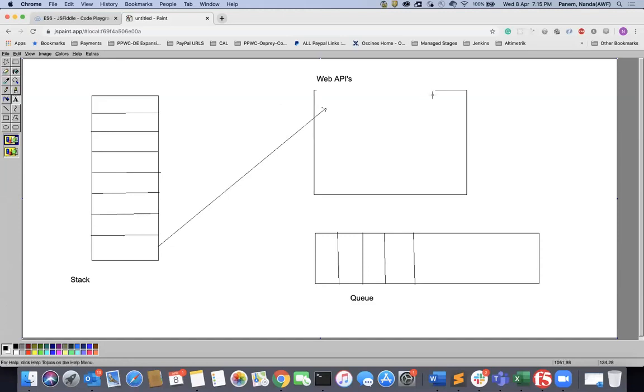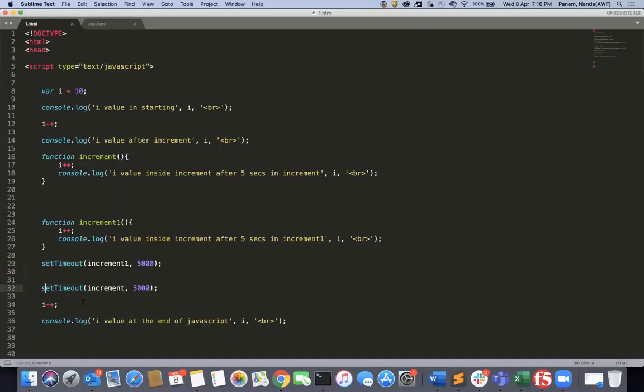As soon as it moved here, it will go to the 31st line, and then there is one more setTimeout.